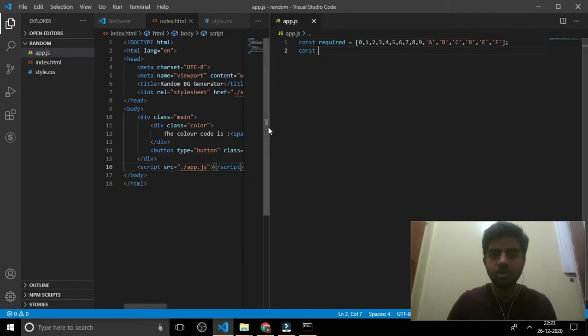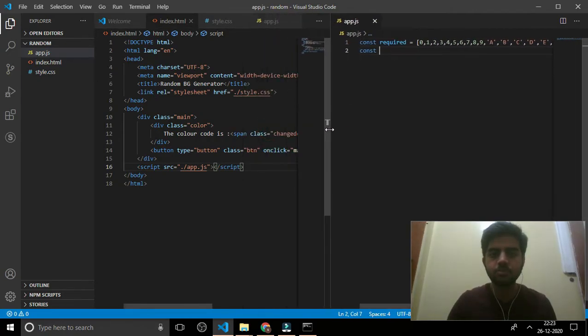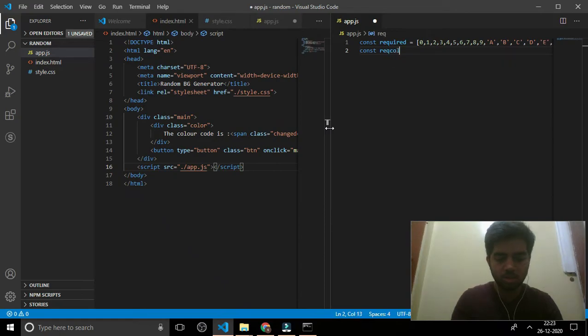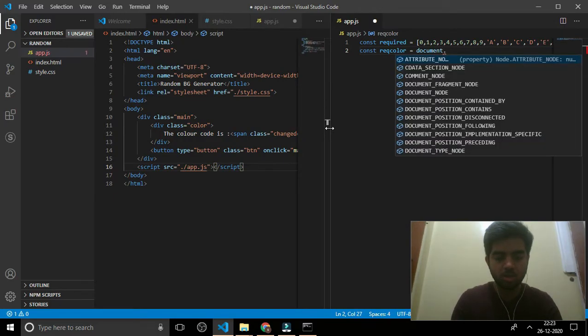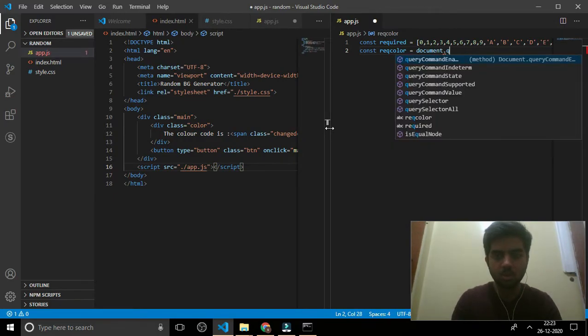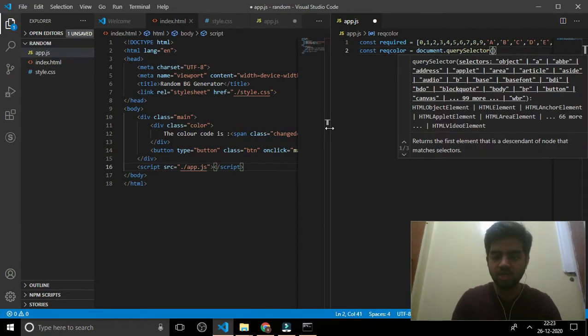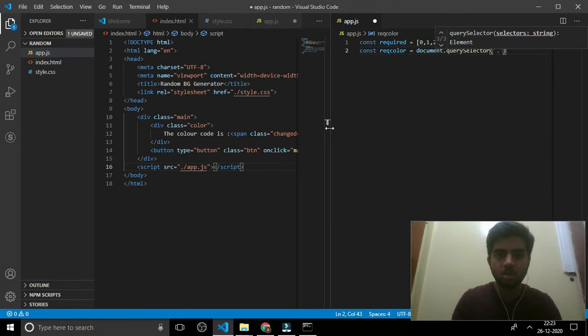Now constant required color is equal to document dot query selector. I'll select a class. What is that?